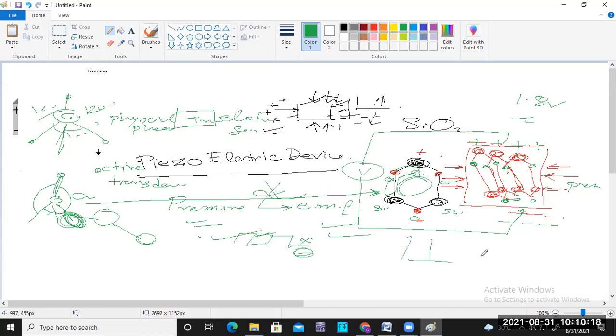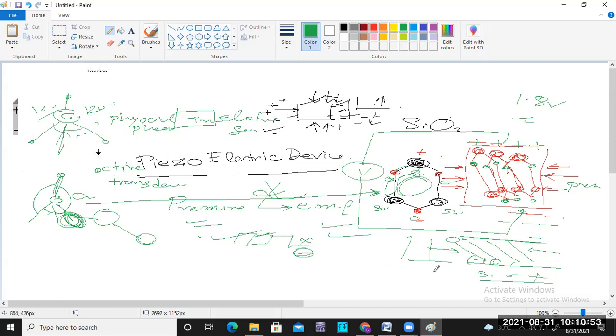This is not a perpendicular arrangement. This is almost a 42 to 45 degree arrangement. Look, if you measure in this way, this is a 42 to 45 degree angular measurement. So whenever compression pressure comes here, all the oxygens gather on one surface, and all the silicon gathers at the opposite side. So silicon provides positive and oxygen provides negative.